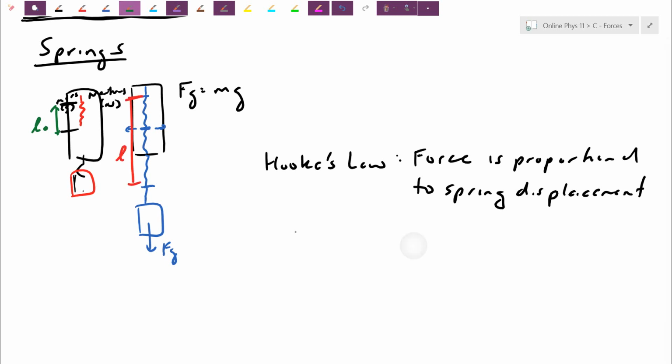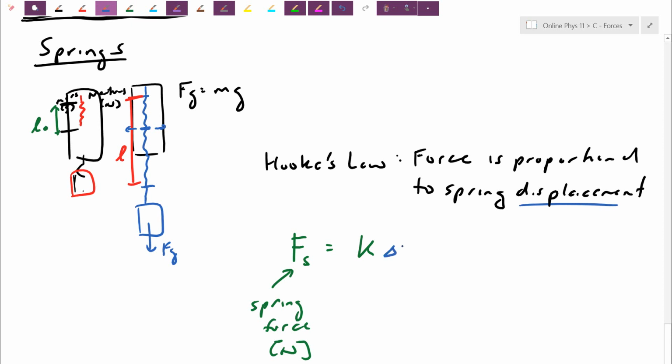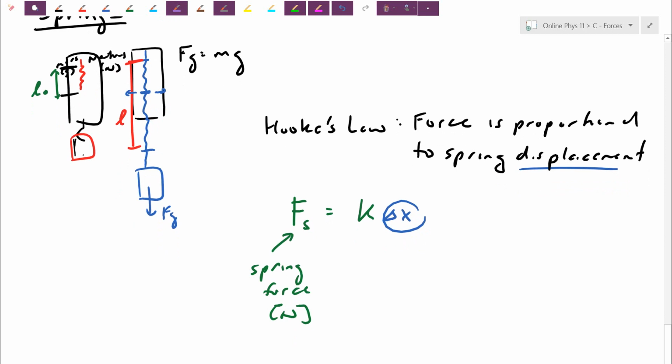When I do the formula here for Hooke's law, usually we say Fs. This is the spring force. Because it is actually a force, it's measured in newtons. It's proportional, so there's going to be a constant here. It's going to be proportional through k, and through the displacement, just the change in the spring's length. In this case, for my picture, the delta x is given by L minus L naught. So if you want to match up in the picture, I already knew the slinky already had some L naught. That's not the force that's being applied. My displacement is, now that I pulled it